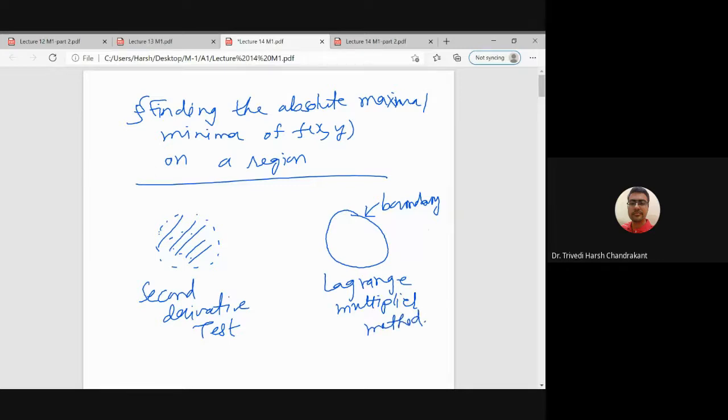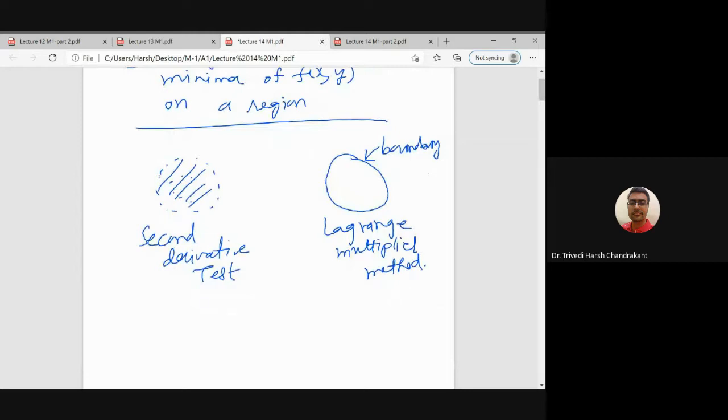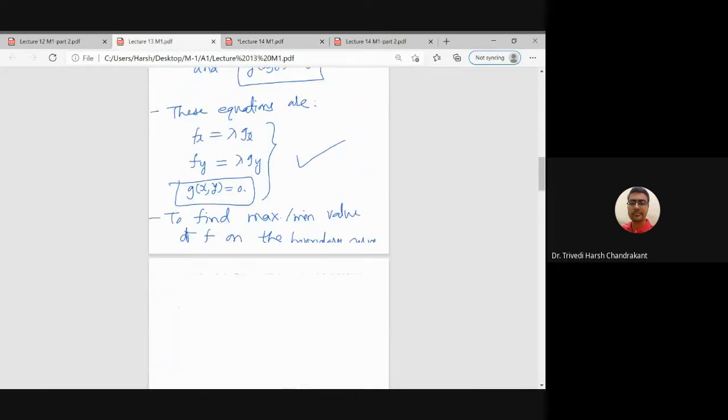So what we'll do here is we are basically combining both of these methods. The question will be: given a function f of x y, which we want to maximize or minimize at points inside the domain as well as on the boundary. And since we will include the boundary, it is similar to the condition of the closed interval a b. That is what we discussed in the last lecture,